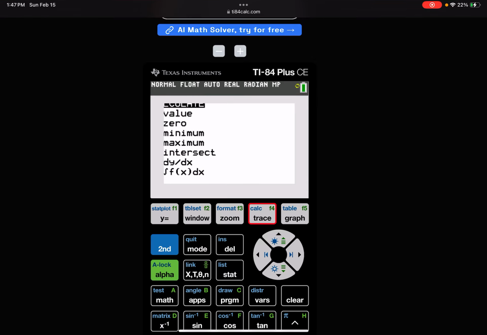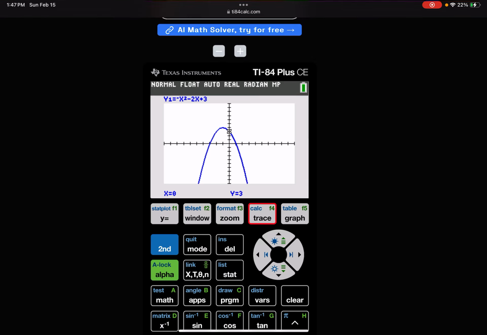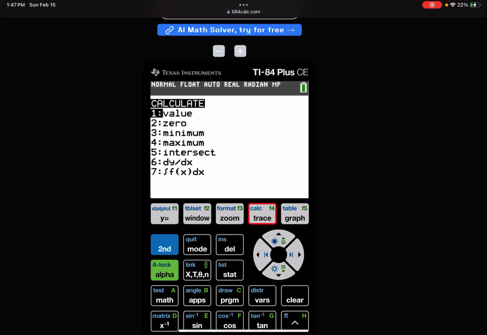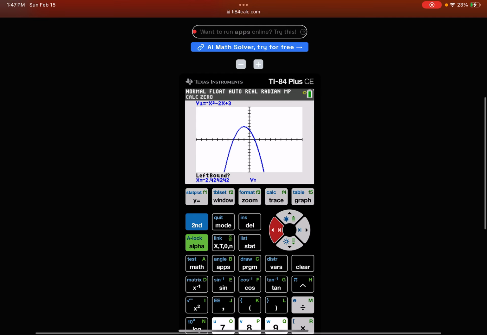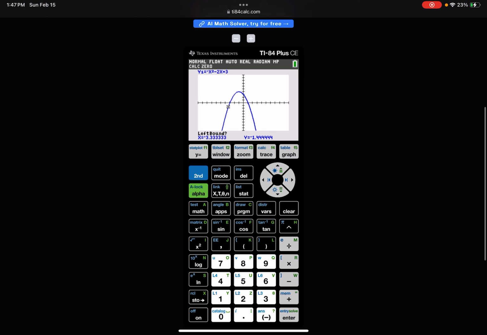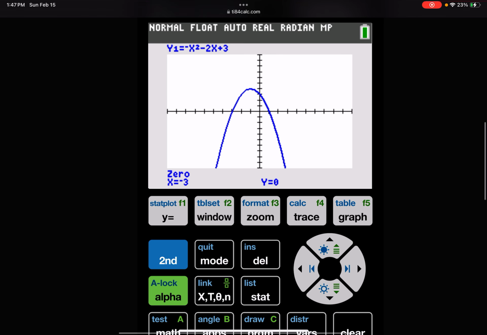Or you can go to second trace. You can go to second trace and then go to 0 and hit enter. Then bring your cursor to the left of that first x-intercept and hit enter, because it wants a left bound. Then move it to the right of that x-intercept and hit enter, because it wants a right bound, and hit enter one more time. And there we've just confirmed that that 0 is negative 3. And then the other one,